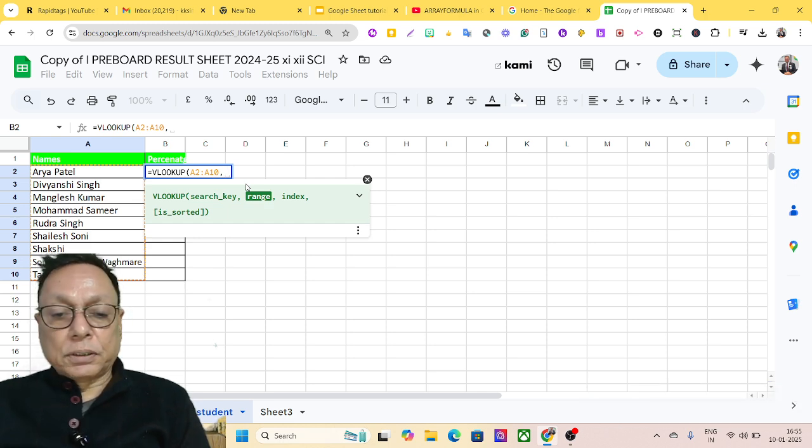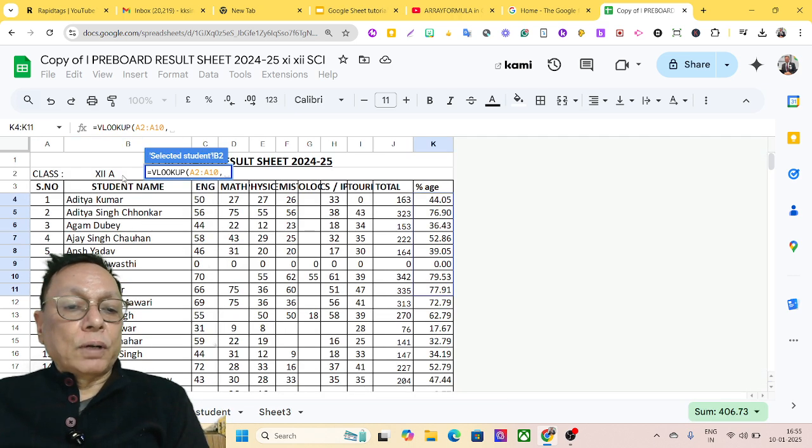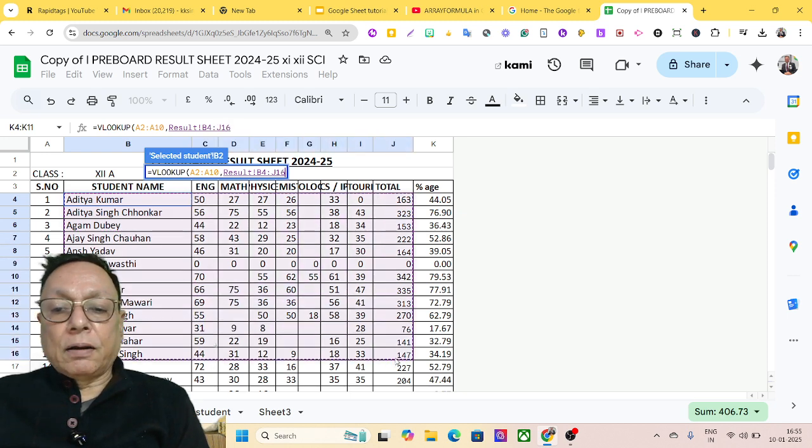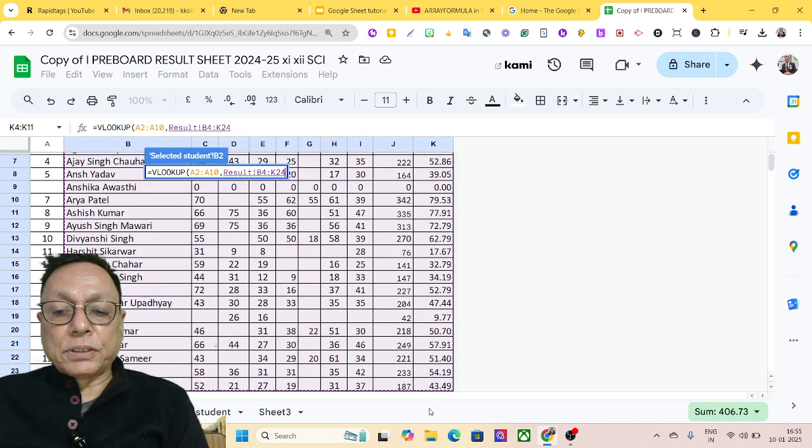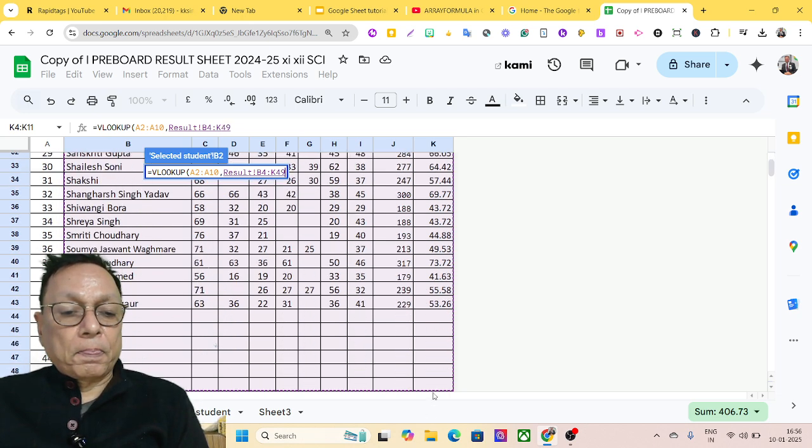Where do you want to search? What is the resource? So my resource is this sheet. So I'm going to select the complete area of this sheet, including the percentage, comma,